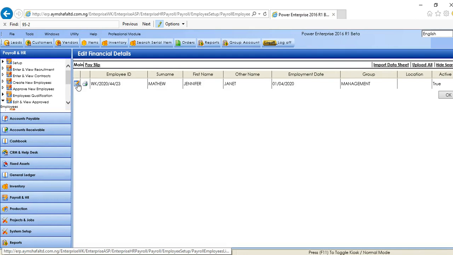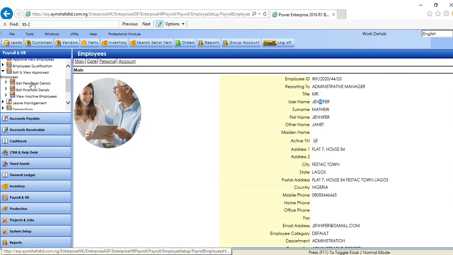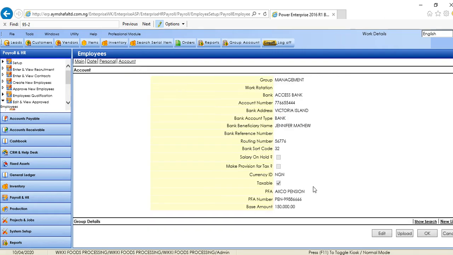If you want to change anything in the financials of this employee, then you can click on the edit. If I want to change any details, maybe his name, then you have to do that under the personal details. But if you use the edit financial, it's the financial information you can change, amend or update. So by going to accounts tab, you'll be able to add the financials of the employee. Financials in the sense that, let's assume from this 150,000,